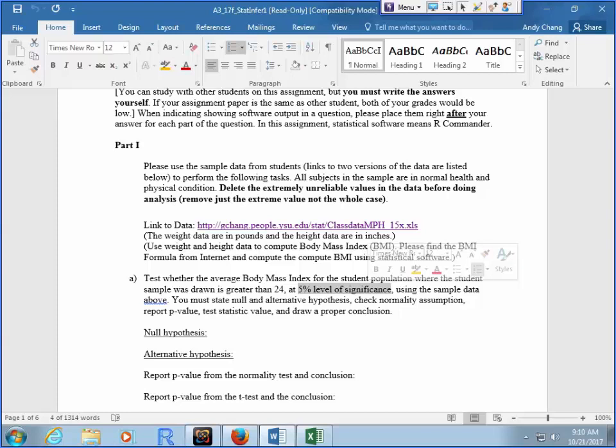So anytime you do hypothesis testing, you've got to have a null and alternative. The p-value is for you to determine whether you want to reject or not reject the null hypothesis. Once you made that decision, then you can make a statement about, or conclude your analysis about, the alternative hypothesis. Oftentimes, our alternative hypothesis is the purpose of the research, so sometimes people call that the research hypothesis. Okay, so this one we have the